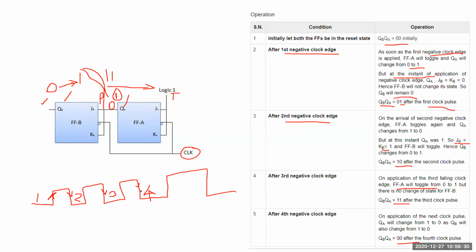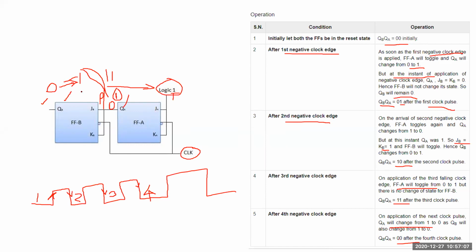And for the final fourth flip-flop, what happens when you trigger the negative edge? If you are triggering the negative edge, then in the next cycle, QA will change from 1 to 0, depending upon the toggling. Because the toggle takes place over here depending upon this logic 1, QA will change from 1 to 0. The 0 comes over here, and QB will also change. Why? Because before the arriving of the 0, the output here was 1. So whenever logic 1 is applied as input here, the toggling takes place.